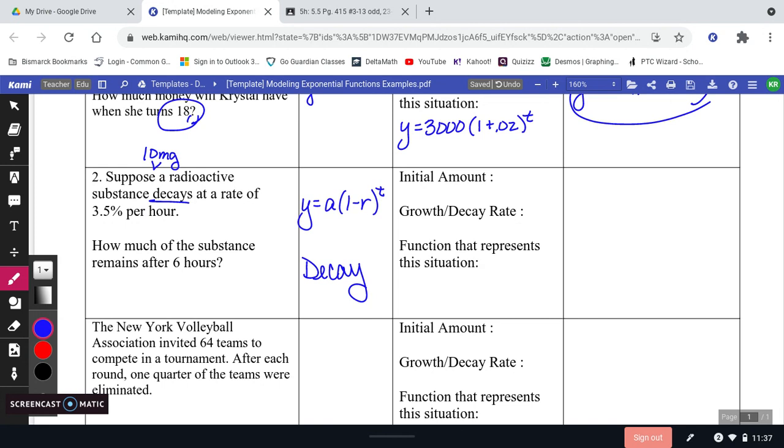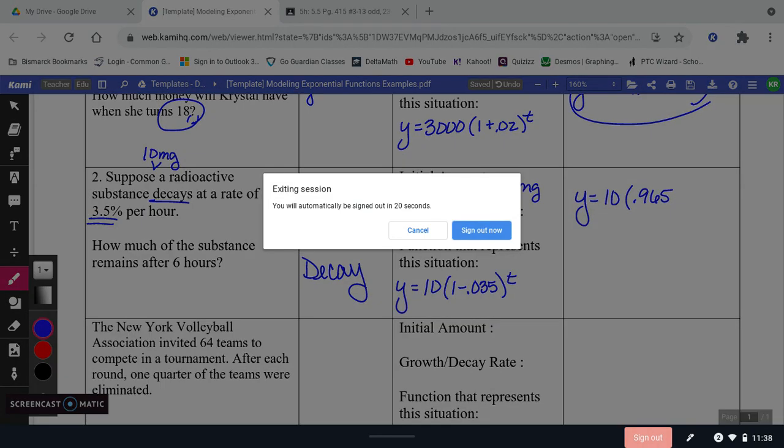Okay, initial amount, how much did we start with? We are going to start with 10 milligrams. And then what is your, in this case, decay rate? Well, you are decaying at 3.5% per hour. So as a decimal, move that 2 places to the left, and your decimal will be 0.035. Okay, my equation, y equals my initial amount, 10, times 1 minus the amount that I'm decaying by, to the t power. So this would be y equals 10 times 0.965, and